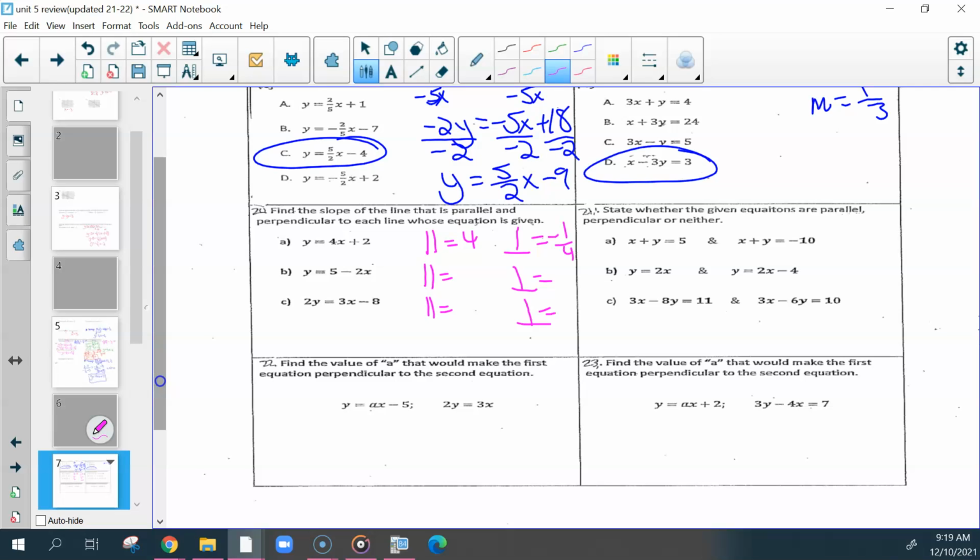For B, parallel would be, be careful with that. Is that your slope? -2 would be -2. So they switched that on you guys. So be careful with those. Perpendicular would be